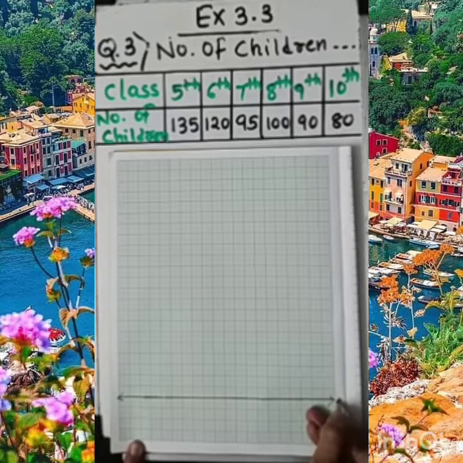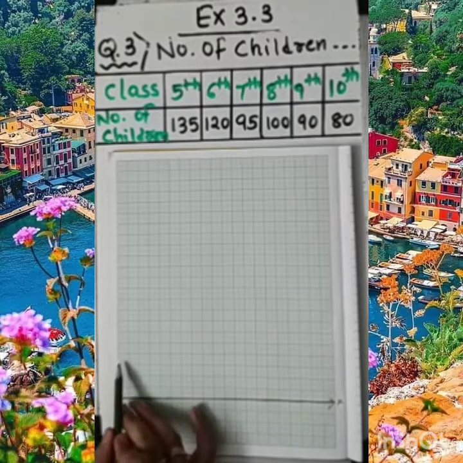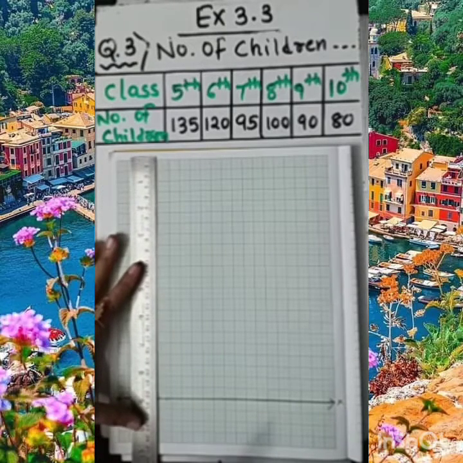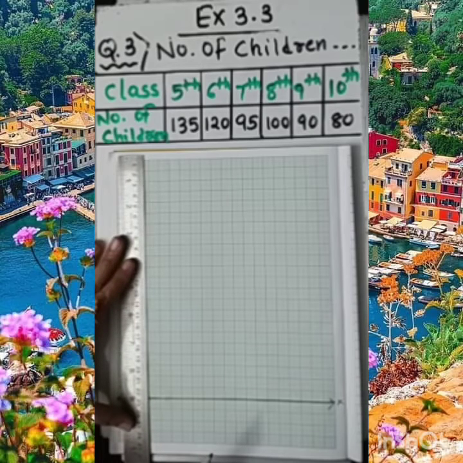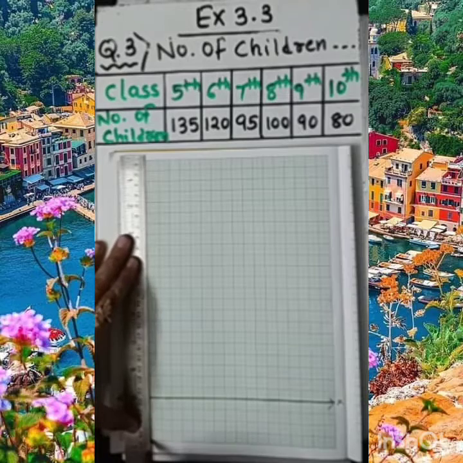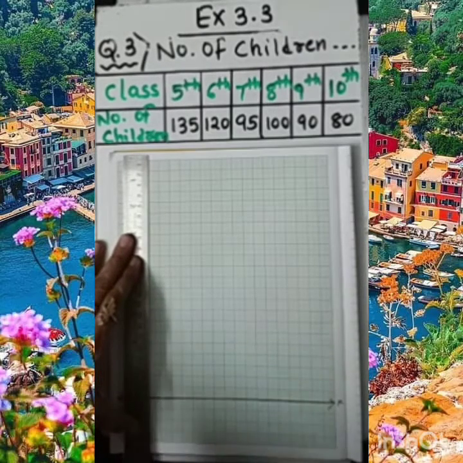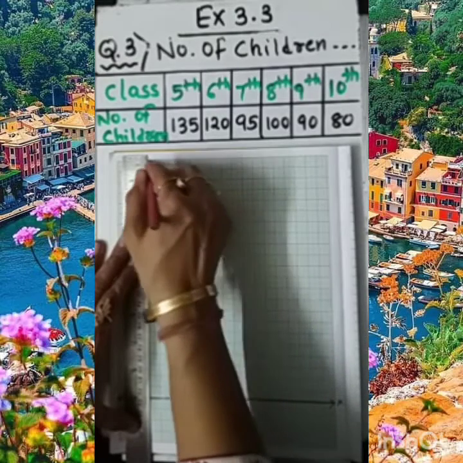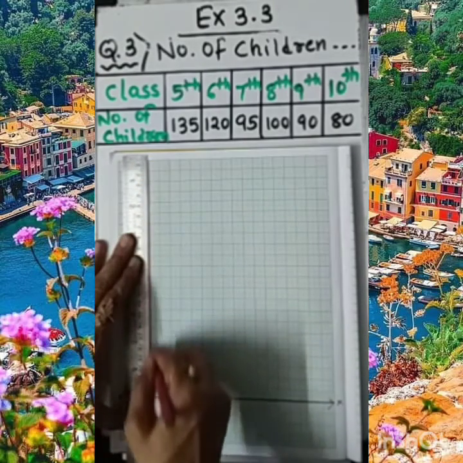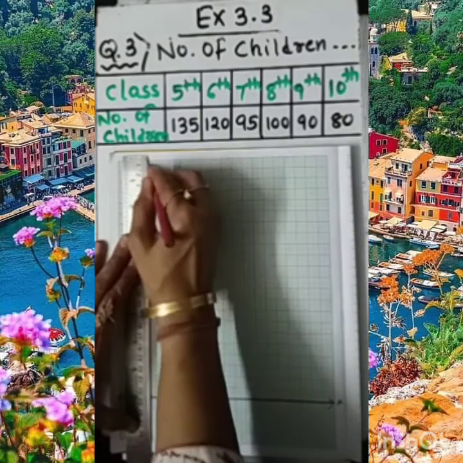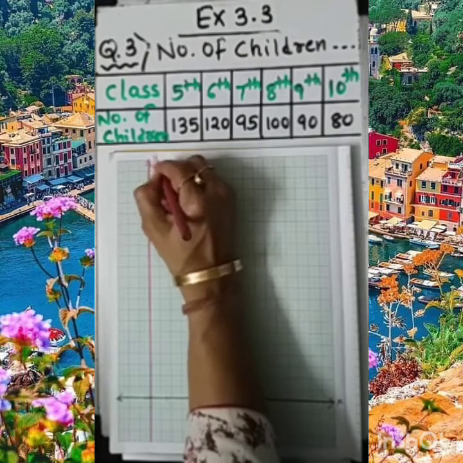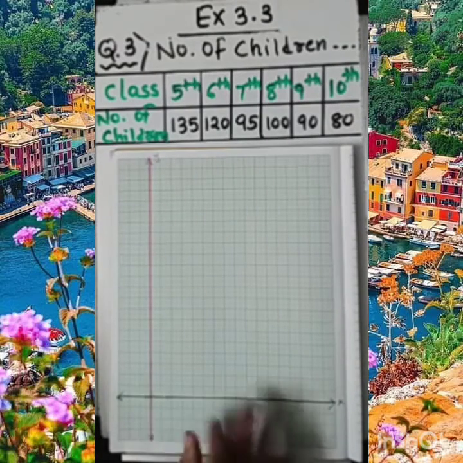Okay. Immediately after that, leaving 2-3 boxes from this side, I need to draw one more line. That is the horizontal line we have drawn. Now this is the vertical line. You can see this is the vertical line which I am drawing here right now. So this vertical line is known as the y-axis. Please keep this in mind. The vertical line is known as the y-axis. So I am mentioning y here.